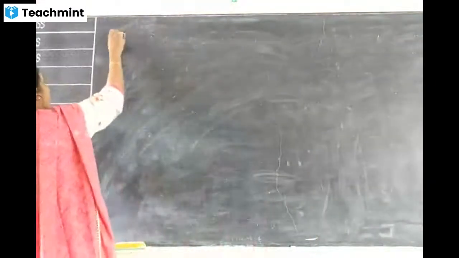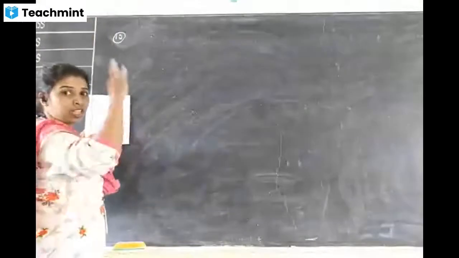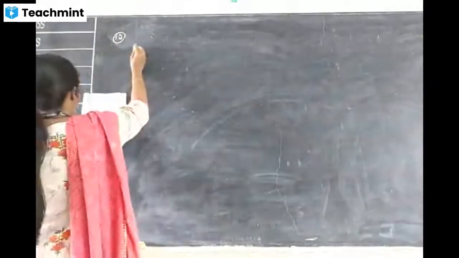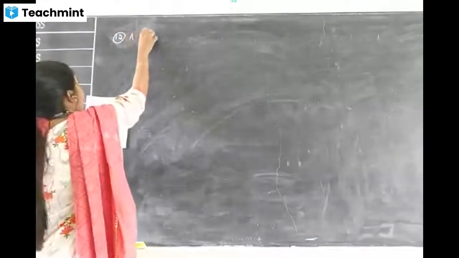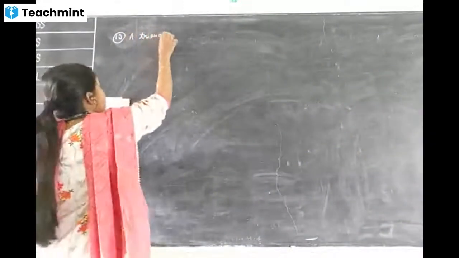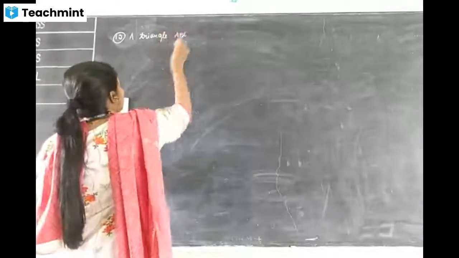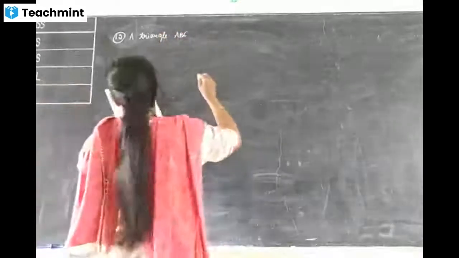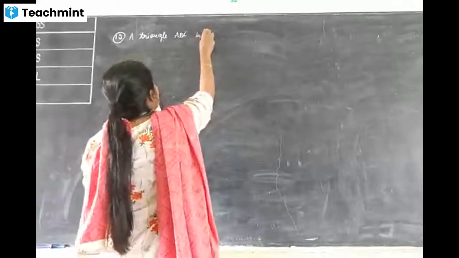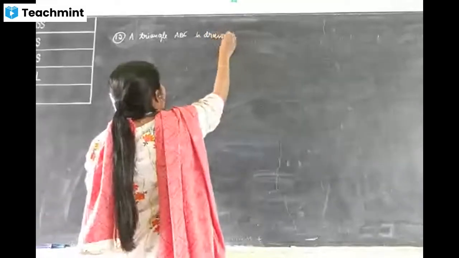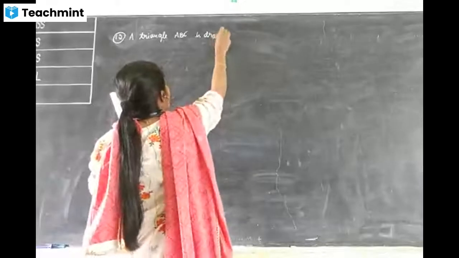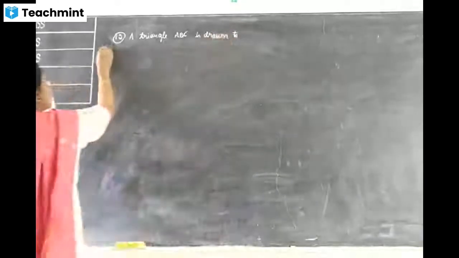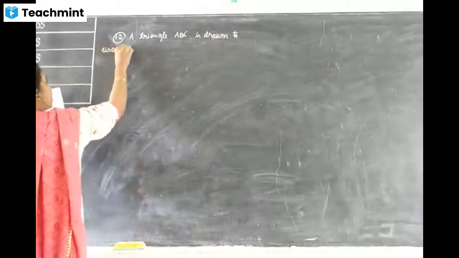Okay, now I will go for question number 12. First I will finish this one. This is important and also the longest one. It is easy, not difficult. What you have studied in 9th standard, that formula comes here. A triangle ABC is drawn to circumscribe a circle